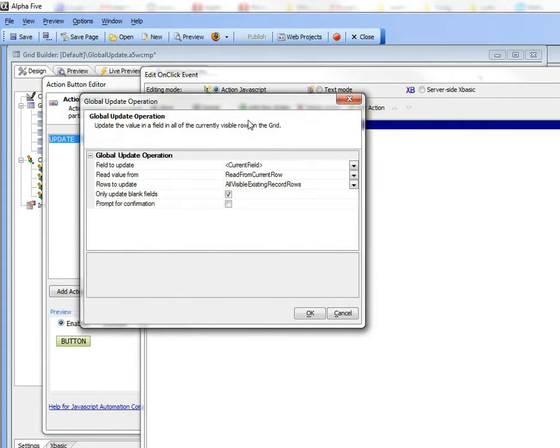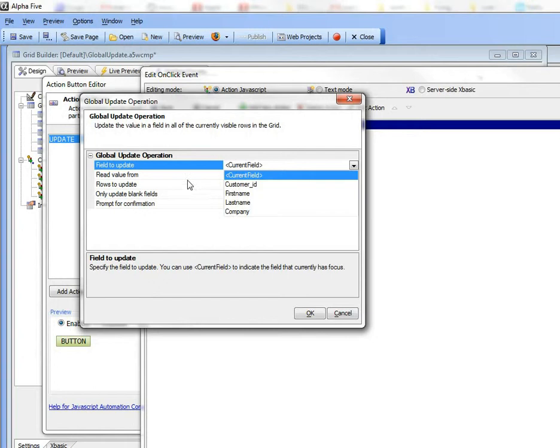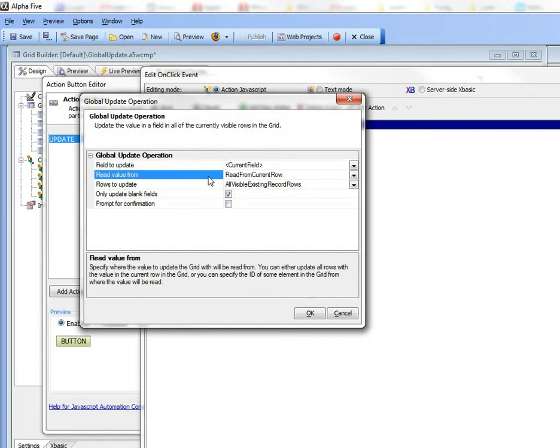So first of all, the field that you want to perform the update on can be set explicitly to one of the fields in the grid, or to current field, which just means the field that currently has focus. Then the source value with which you're going to be doing the update. So this is the value that you're going to be setting the field in all of the rows to,